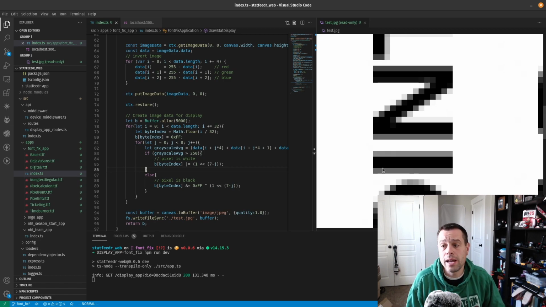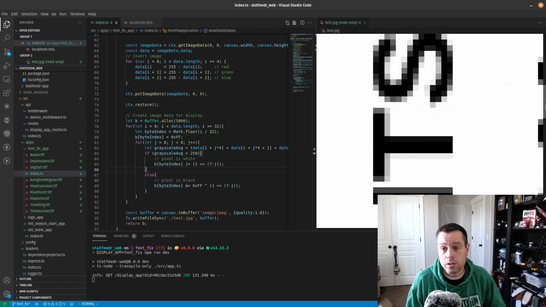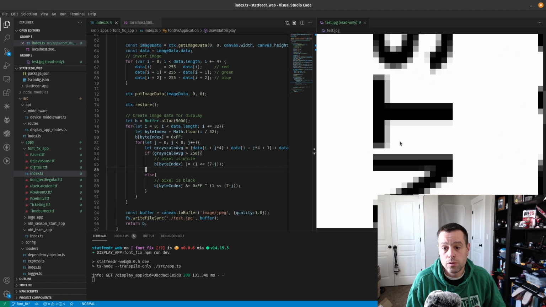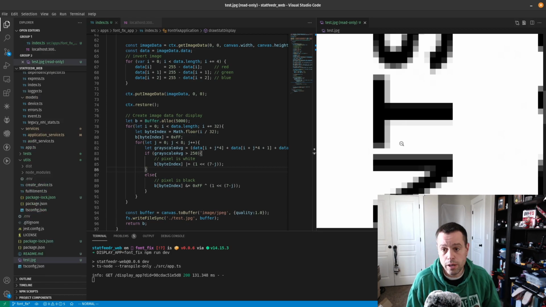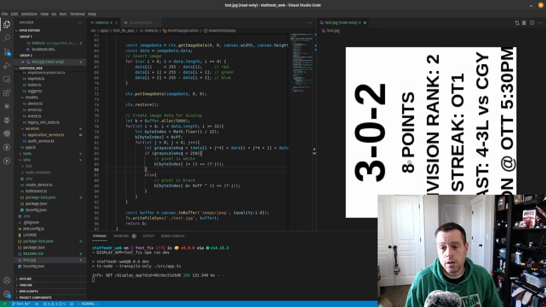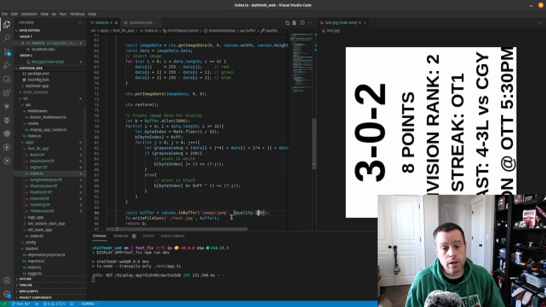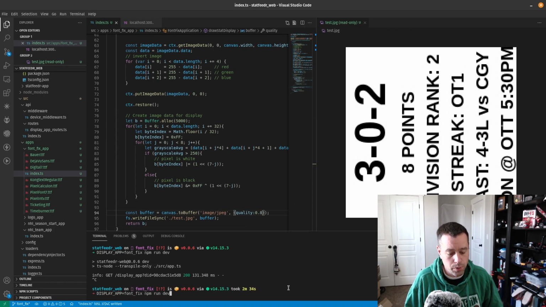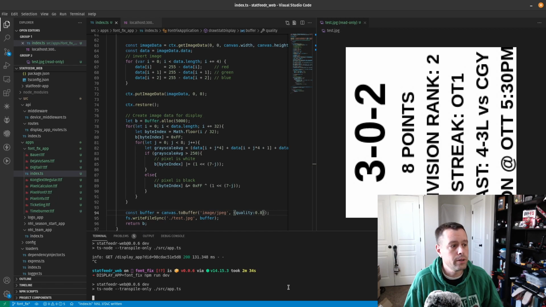Figuring that all out. And so anti-aliasing kind of kills me. The other problem that I was running into when trying to test this is, if I scroll back out here, is quality. Quality 1 down here when I save the image. This doesn't affect the data that I send to the device, but let's change it to, I believe it defaults to 0.8. So I'm going to change it to that, save it, restart, and I want you to see what happens. So rerun this,